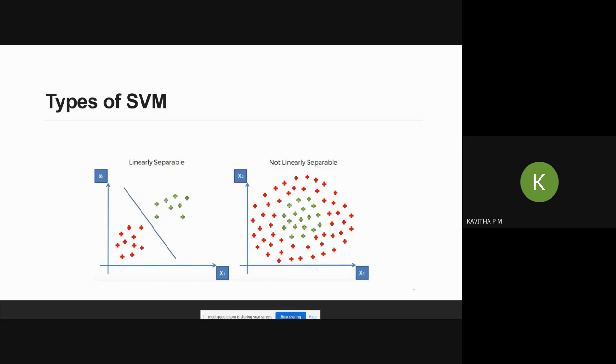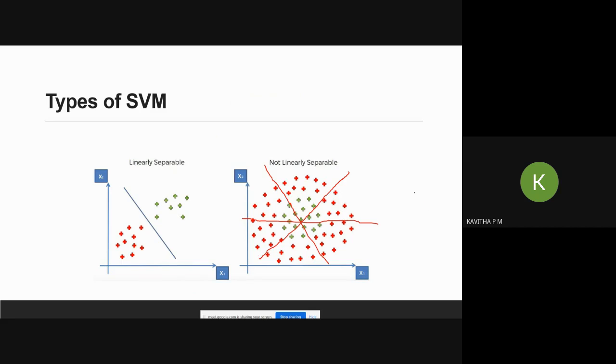And when we look at image 2, when this kind of plotting is there, what happens? It is very difficult for me to draw a line this way. Again, I can't equally group up the red color and green color plottings, because this is definitely not possible. If I draw a line in this way, my green color and red color plus symbols will not be equally segregated. Okay, fine. So let me try it in this way. Even if I construct the line in this way, definitely my grouping is not going to be as accurate as in the linear separable way.